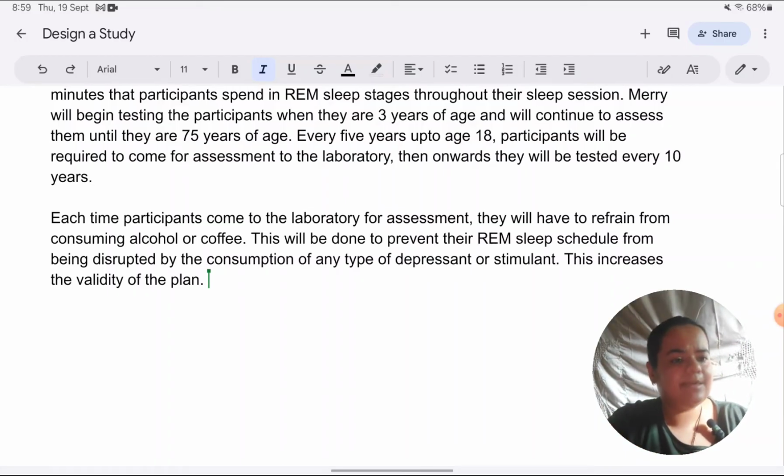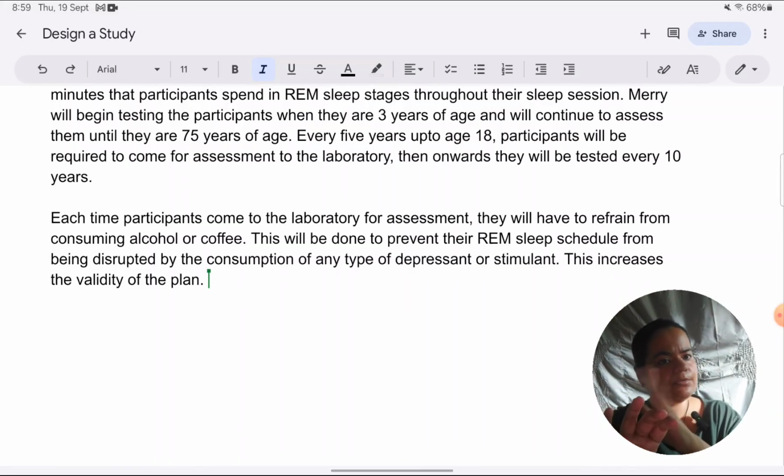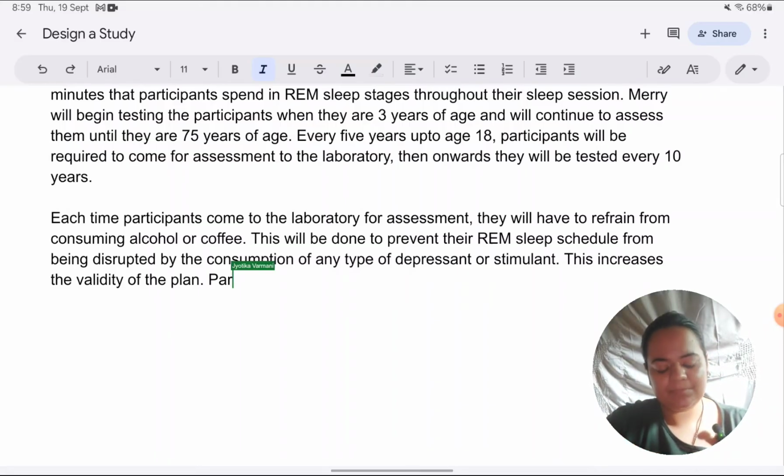So that's why it's reliable. But the way I have justified it as a control, that it is preventing some type of extraneous influence, that's why I have taken it to increase validity. I have to cover both anyway, reliability and validity. So adding one or two more things about standardization, I will also cover the general feature of reliability. So what I'll say is participants